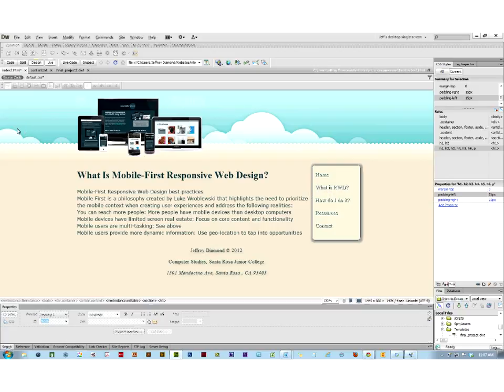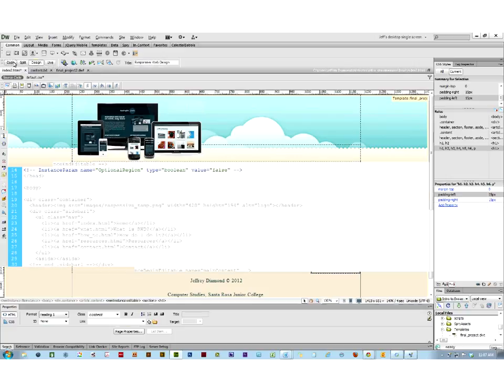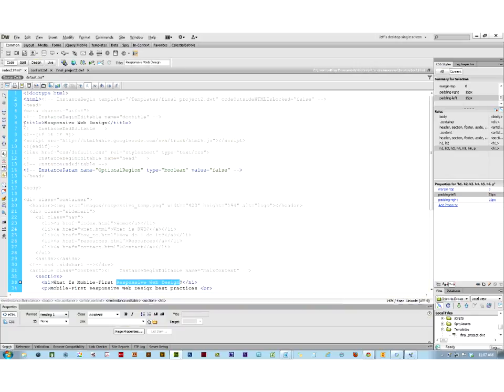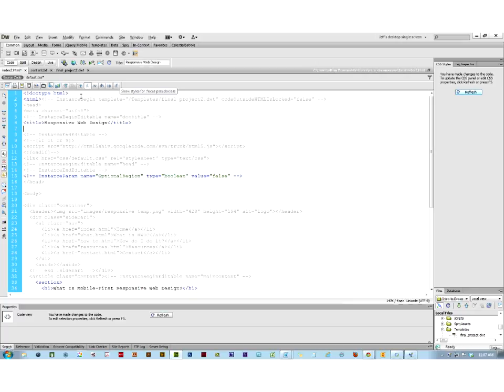But I want to get back to talking about the name of the title tag, how the heading text should connect with the name of the title tag, but also, more importantly, look at how your meta tags should work. So I'm going to go to Code View, and I'm going to click up in the title area here, and I'm going to hit the space bar, the return key, because I'm inside of this doc title area, and I can choose to